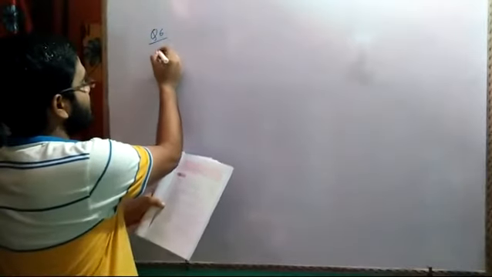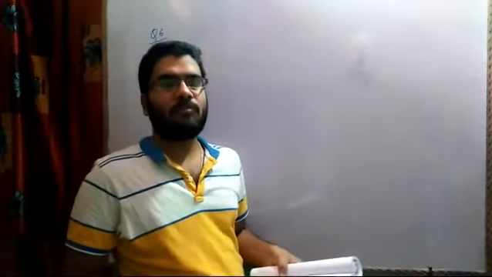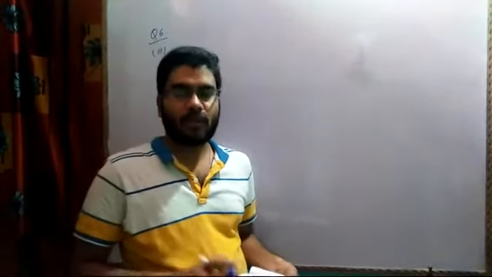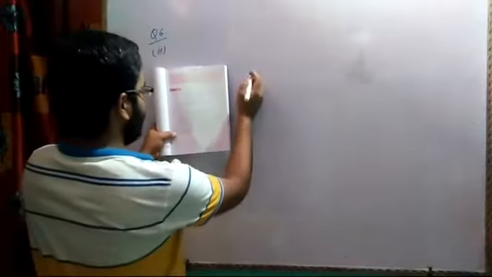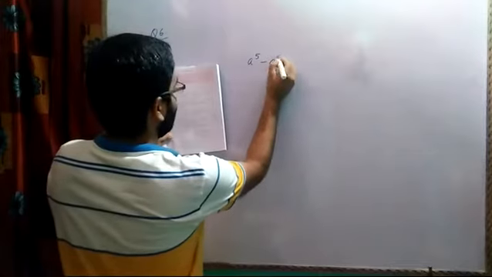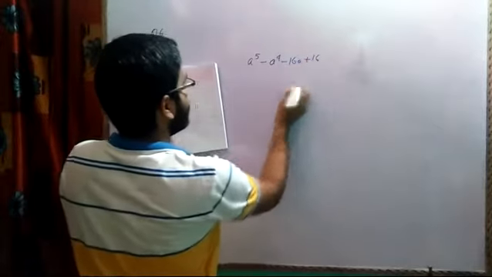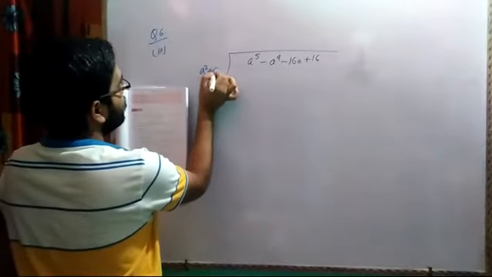Now let me discuss question number 6, sub part 3. I have already discussed division of monomial terms with the help of monomials: monomial upon monomial, binomial upon monomial, binomial upon binomial, with the help of the division form. And then here we will be discussing a trinomial or four-term polynomial divided by a binomial. So the term is a raised power 5 minus a raised power 4 minus 16a plus 16, divided by a square plus 4.